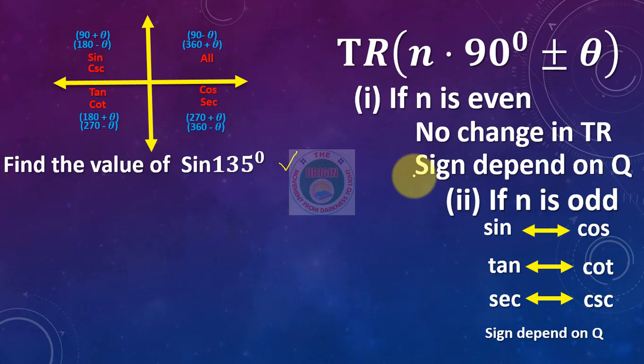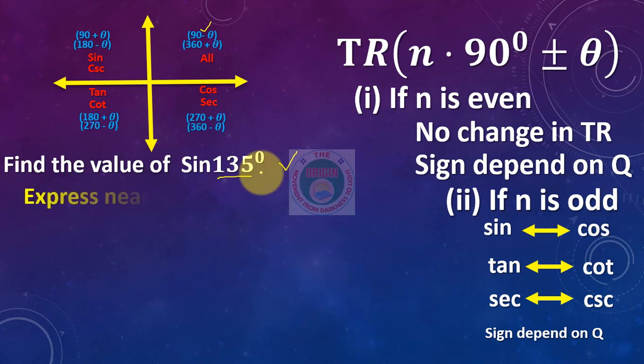So if the angle is above 90, what to do? That is the process. Find the value of sin 135. This is an angle which is above 90 degrees. So first you need to check that. So given angle is, what are the basic angles nearby? You need to take those. What angles do we have? The 90, 180, 270 and 360. So 135 is nearby 90 degrees and 180 degrees. In both cases we can use it.